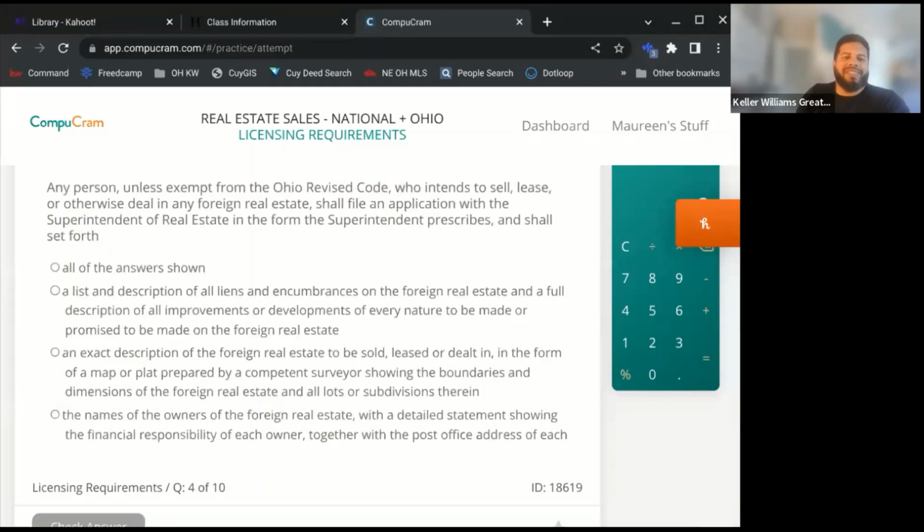Any person, unless exempt from the Ohio Revised Code, who intends to sell, lease, or otherwise deal in any foreign real estate shall file an application with the superintendent of real estate in the form the superintendent prescribes, and shall set forth all of the answers shown, a list and description of all liens and encumbrances on the foreign real estate, and a full description of all improvements or developments of every nature to be made or promised to be made on the foreign real estate,